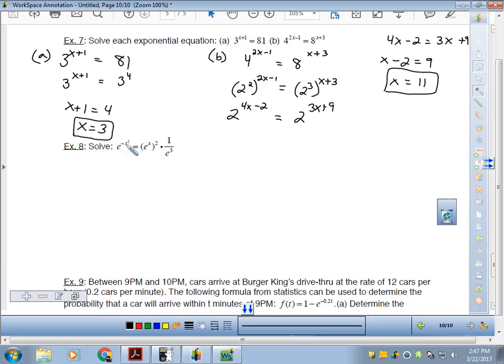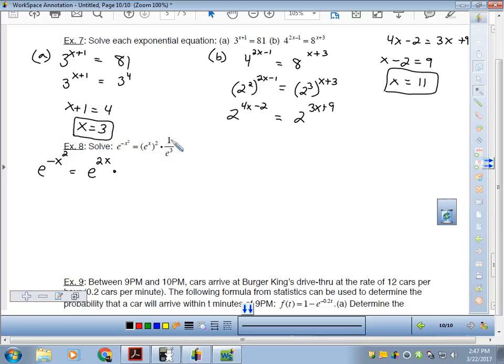All we really have to do is simplify this using our exponent rules. Now, there's nothing I can do on this left-hand side. I just have to leave it as e to the negative x squared power. On the right-hand side, I have e to the x getting raised to the 2nd power, so I have a power getting raised to a power. When a power gets raised to a power, we multiply the powers. So we'll have e to the 2x power